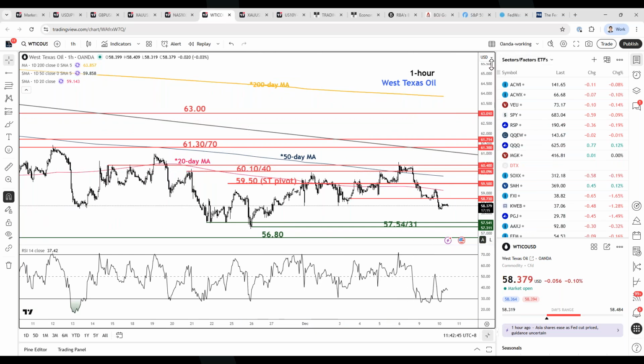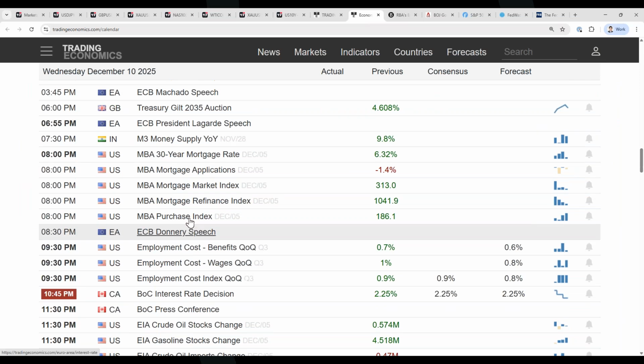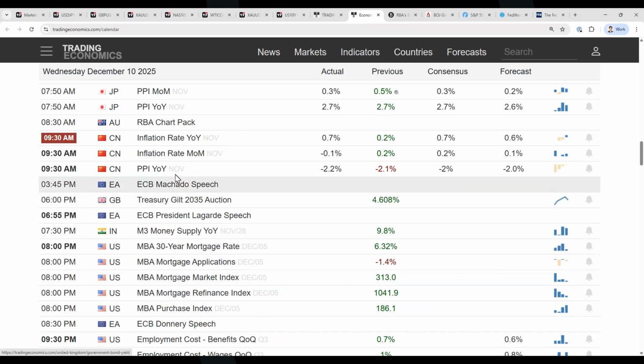So before we go, other than the FOMC meeting today, what other key economic data should we be taking note of over here? Today, just a while ago, we had the release of China inflation data. It's rather a mixed bag. The market is expecting 0.7% year on year for the month of November. It came in exactly at 0.7%, which is higher than the 0.2% printed in the previous month of